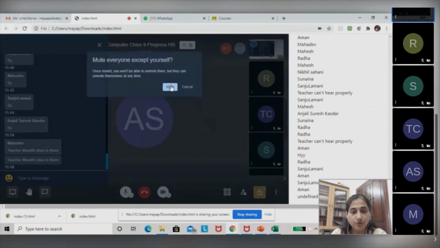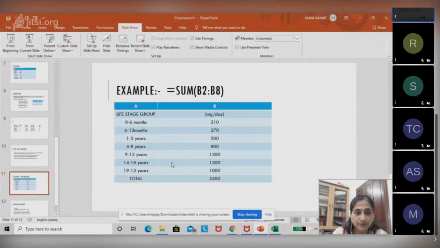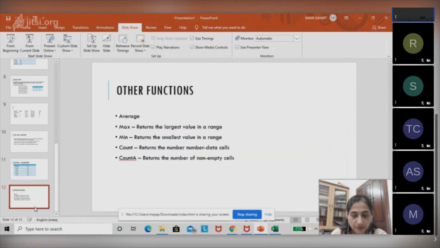Okay. So similarly, to perform all the operations in Excel. Clear? I've given you an example wherein the total had to be calculated of the data. This is for you to try on your end, if you get access to Excel on the computers, you could just try out these examples. Clear? You could practice from the examples that are given. Other functions that you can make use of apart from sum are average, max, min, count, and count A. Clear? So that completes the first lesson.